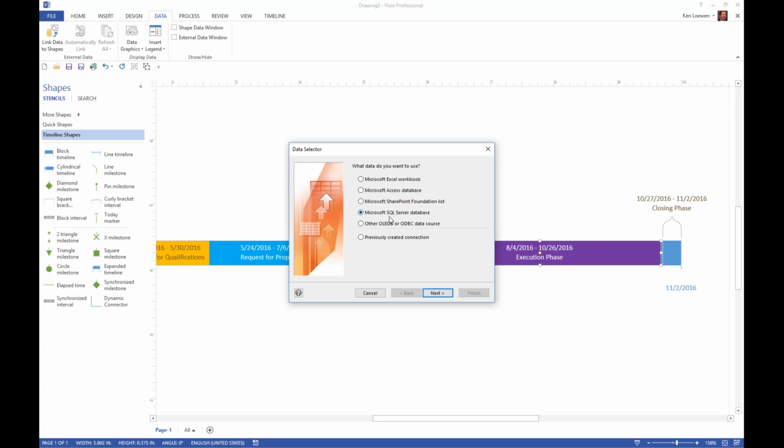Your source in that case would be something like your SQL data, or you could use a previously created connection. The same thing would apply for your Project Online data, although you would have to go through a couple of extra steps in order to create that SQL Server database. The approach we typically take when clients are looking for that is to create a SQL database in Azure and keep that synchronized with the Project Online environment, and that would certainly be available to you. If you've got a specific need for that, please reach out to us afterwards through